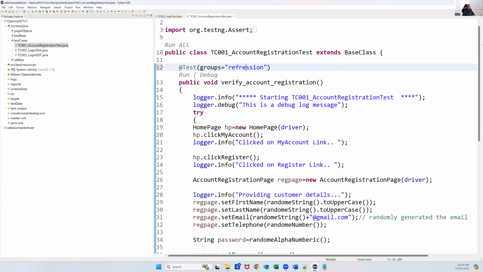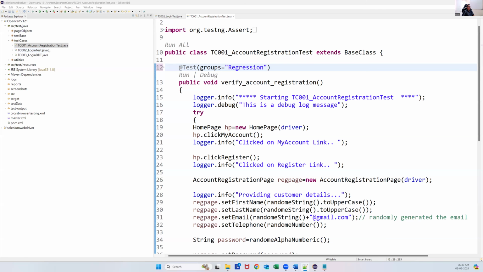So whichever group you want to add based upon your requirement, you can just add. Okay. So in login test I have added sanity, and in account registration test I have added